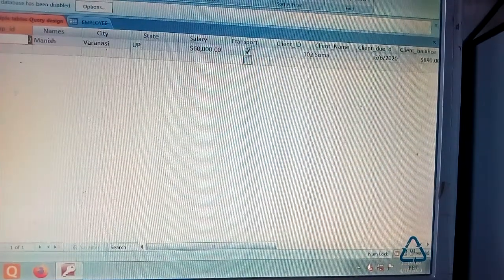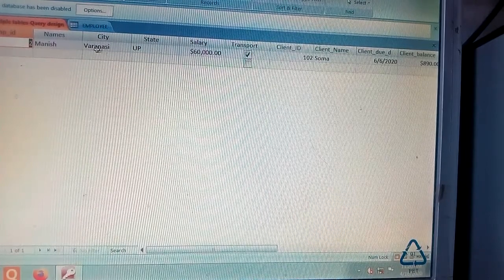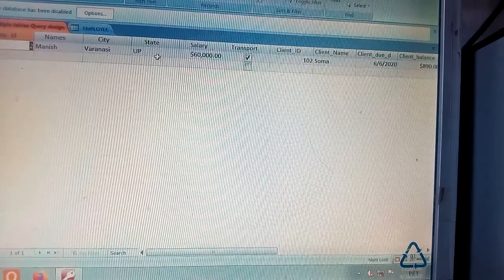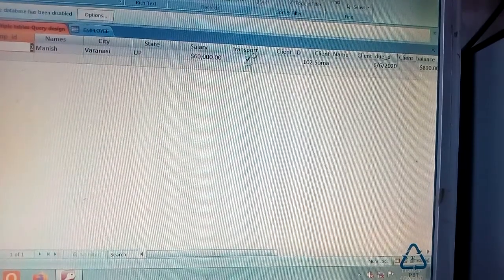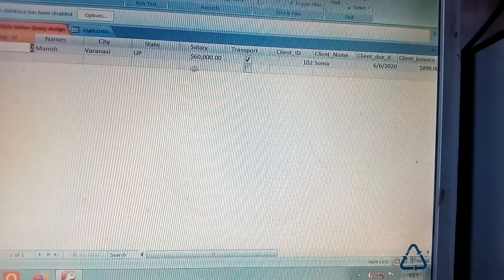So only one record you can see here, that employee ID is 2, name Manish, city Varanasi, UP. Kolkata is not coming here because I think these criteria are not matching, that's why it has not come.